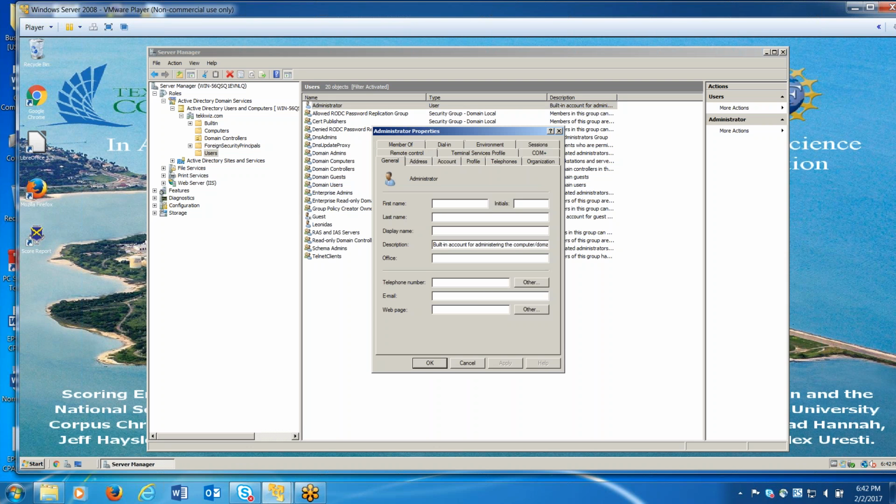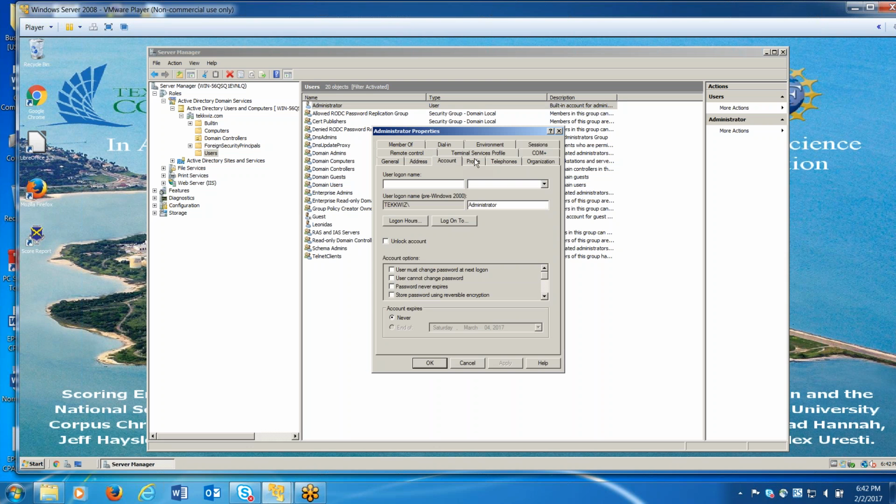We'll open it up. Oh, and now I'm logged in as administrator, but I think that's still okay. Let's see, account. So there's the login name. So let's change it to